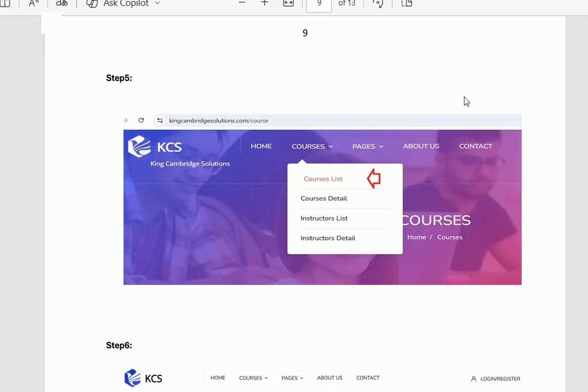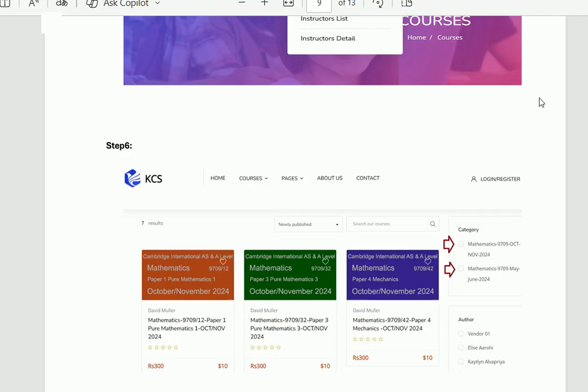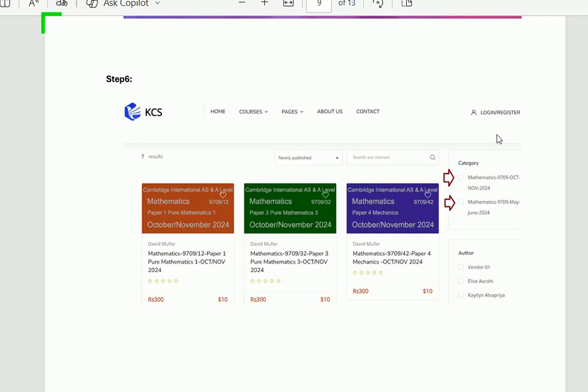In the website, on the top, there is the courses link in the menu. When you click on the course list, you will get the different courses on the website. You can get all the past paper solutions and the topic wise solutions as well. On the top right corner, there is a category in which you choose what you want to download, the video and the PDF. There are different categories like the past paper solution, the topical solution, the O level, A level. After setting the category, on the left hand side you will see the courses corresponding to that category.